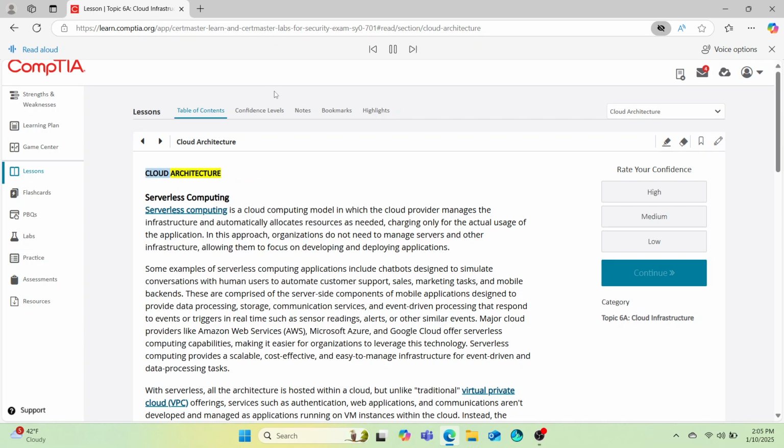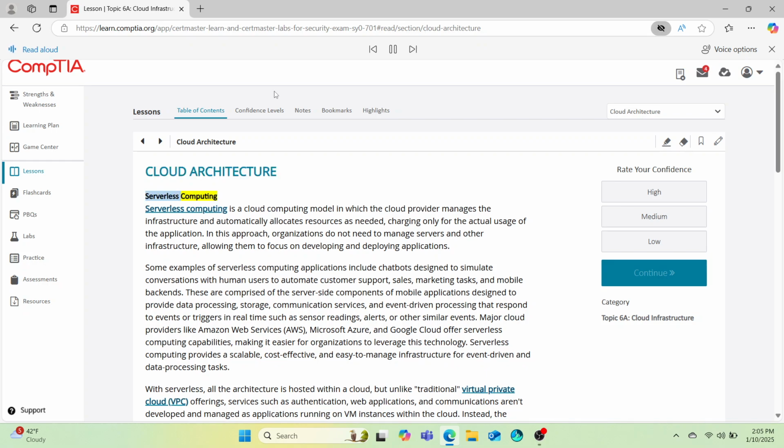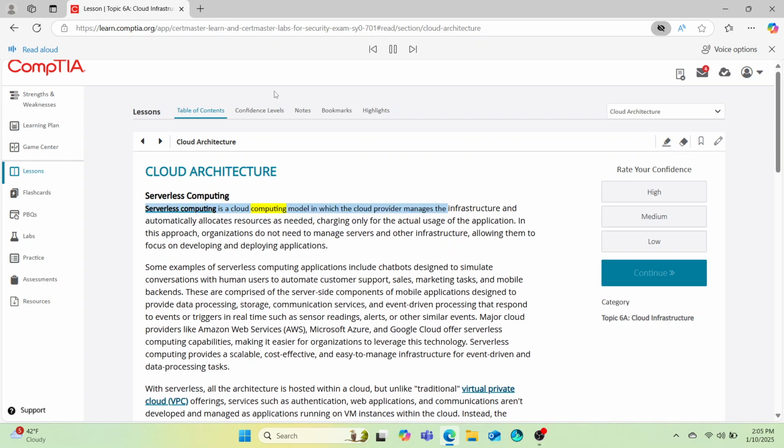Cloud architecture. Serverless computing. Serverless computing is a cloud computing model in which the cloud provider manages the infrastructure and automatically allocates resources as needed, charging only for the actual usage of the application. In this approach, organizations do not need to manage servers and other infrastructure, allowing them to focus on developing and